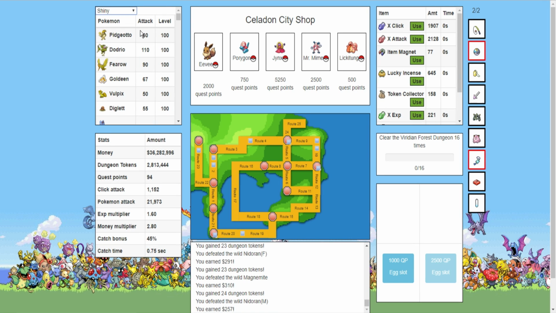We've gathered a Pidgeotto. Not Pidgeot. Actually, you have to breed a Pidgeot because you can't catch them wild. But Pidgeotto, Dotrio, and a Furo, which is pretty sweet. So that means we have Pidgey and Pidgeotto. So I honestly think I'm going to add...